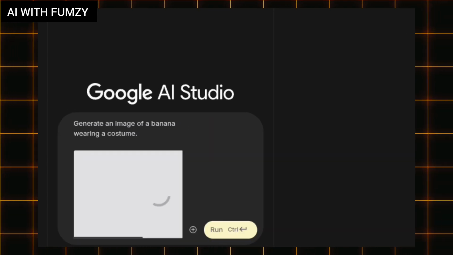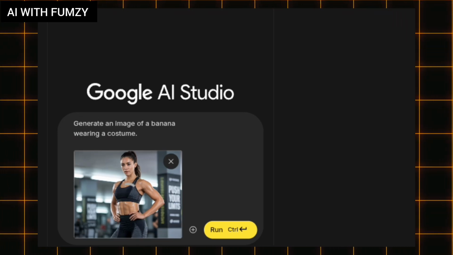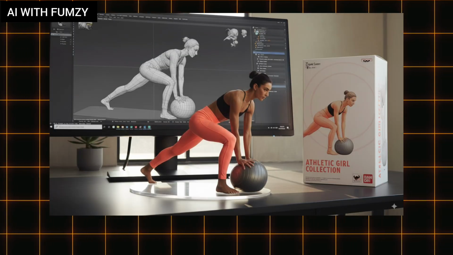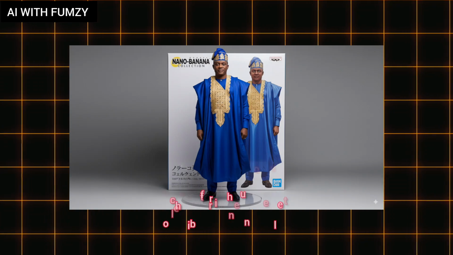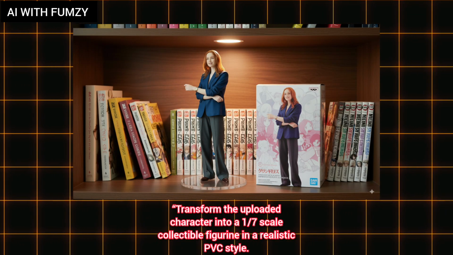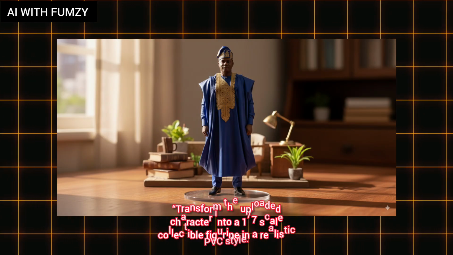Once you have uploaded your image, you need to put in a text prompt that's going to create our 3D figurine. The real magic is in the prompt, because the right prompt makes your figurine look like a collectible